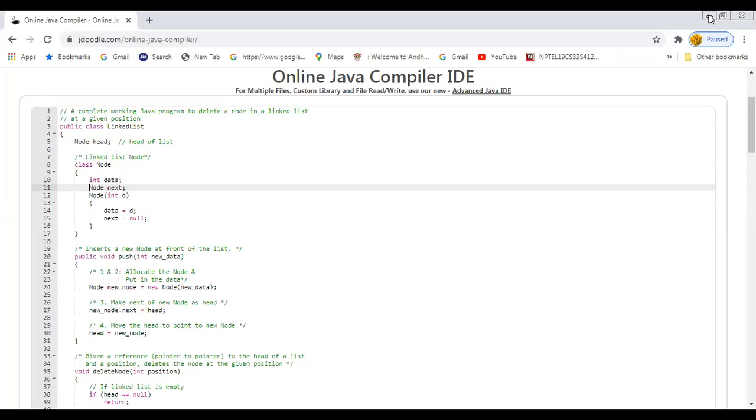Similarly, the set interface is implemented by hash set and linked hash set, whereas the sorted set interface is implemented by the class tree set. So these are the various classes and interfaces present in the collection framework of Java.